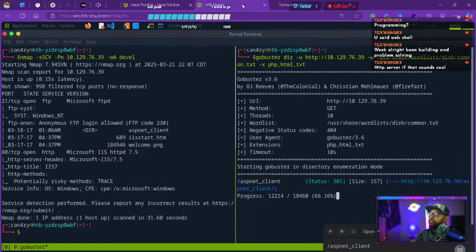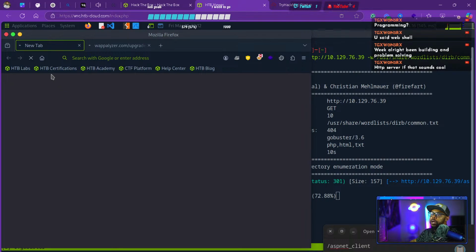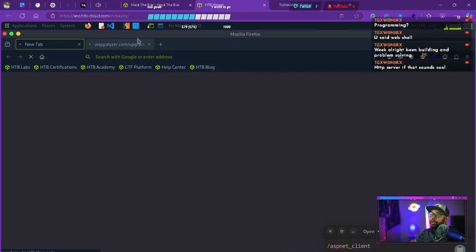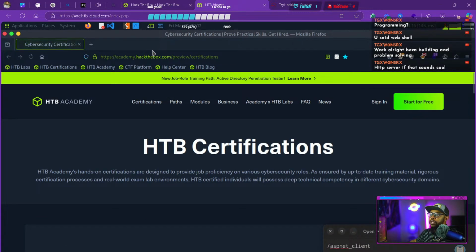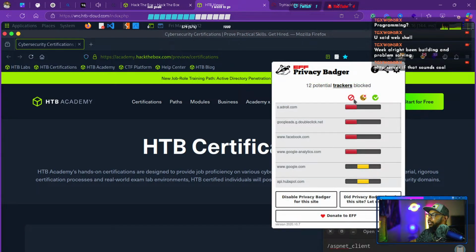Okay, let's go. Boom. All right, this is still working. So far, it's only found that, which is probably the most important thing. And then let's go look at the website real quick. Since we already know our attack vector, we don't have to open up Burp Suite or any of that stuff. I mean, we might, but